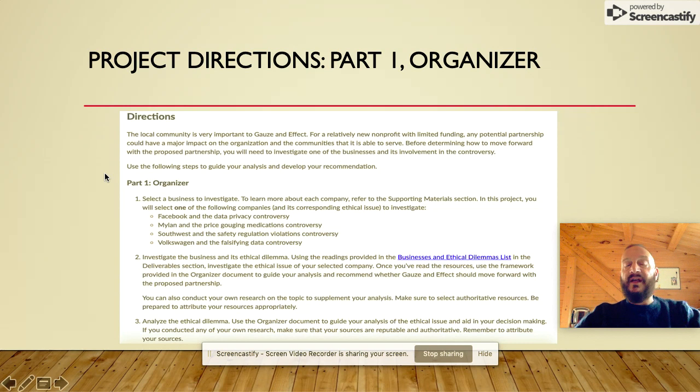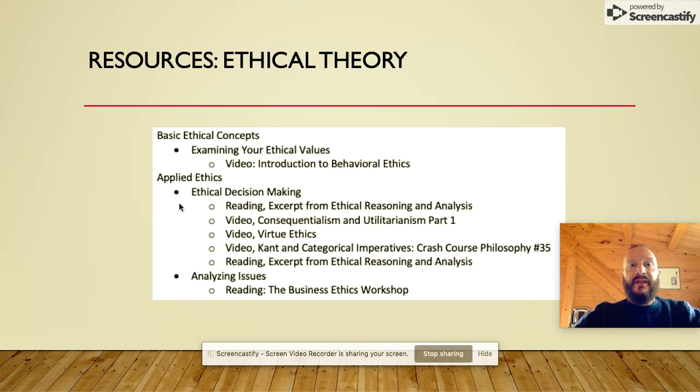Completing the project organizer will prepare you to write the email to Dr. Lee and the subsequent targeted message. The organizer will ask you to identify the ethical dilemma, gather the facts, analyze the concerns of various stakeholders, and consider the pros and cons of Cause and Effect's possible options for a partnership with your selected company. Finally, for the last question in the organizer, you'll make your recommendation and base it on one of the ethical concepts or theories from the reading. These are a few of the learning resources that specifically relate to question 5 of the organizer. You might want to pause the video now to take a screenshot of them.